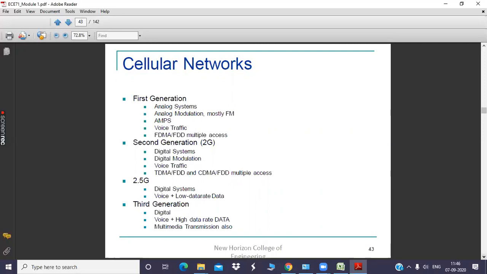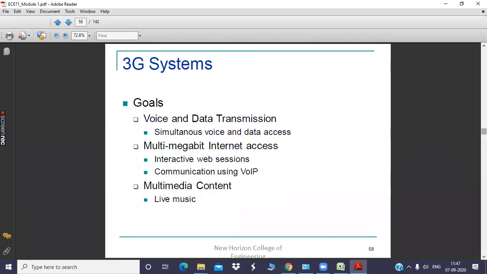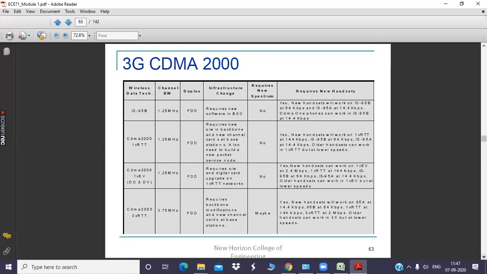Devices which are supporting the first generation may not be supporting the second generation, because the entire features of accessing or multi-accessing techniques, everything has changed. Data rate, energy efficiency, everything has changed. So according to that, for satisfying those features, we need to upgrade the mobile handheld devices also. So this you can go through, the features of all the generation networks. And now moving to the cellular concept.